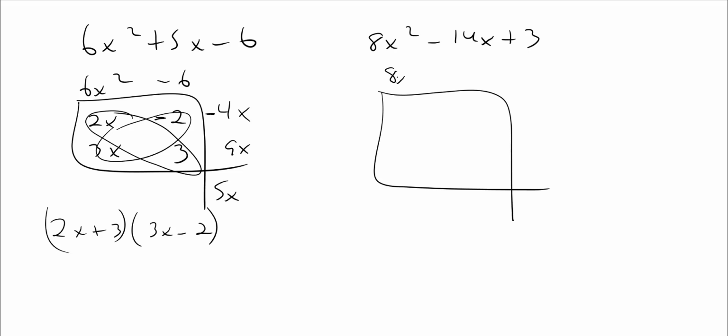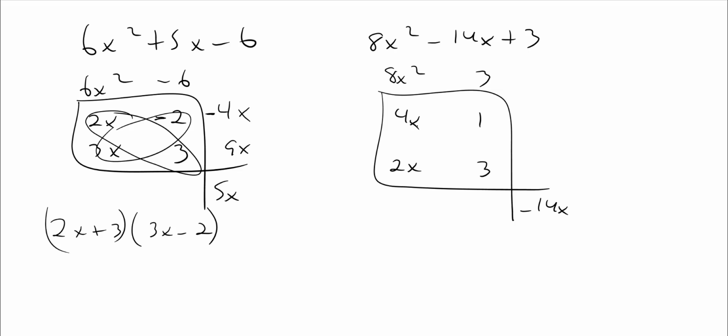Okay, so we're going to do 8x squared here, 3 and negative 14x. I'll do 4x and 2x. Those are kind of the middle of the road ones. And then 3, well, it's 3 and 1 or 1 and 3. So let's, if I did 1 and 3, just to show you what's going to happen, without even doing anything,